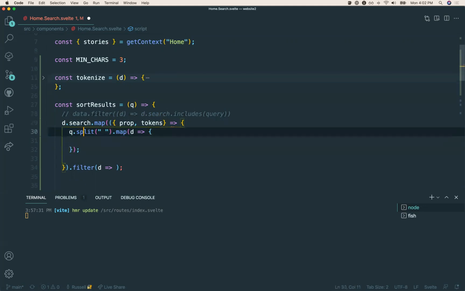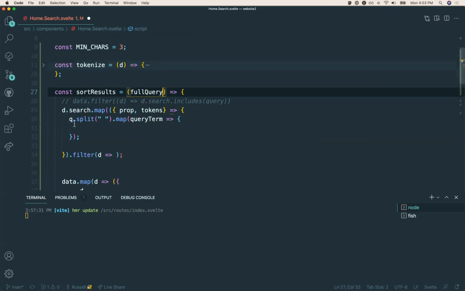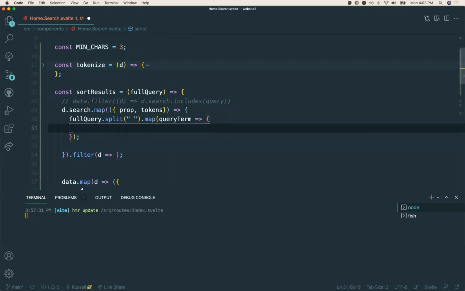So, okay, so this will be query term. I'm going to make this full query. I think this will be helpful. Full query dot split query term. All right. So then we want